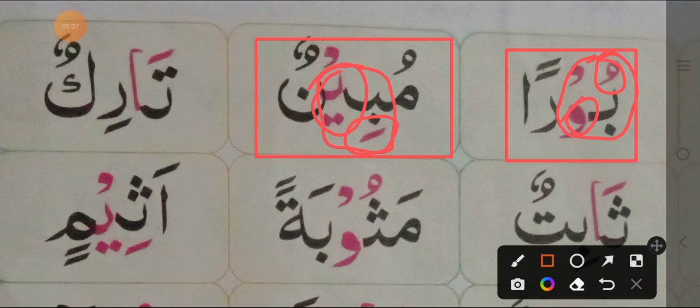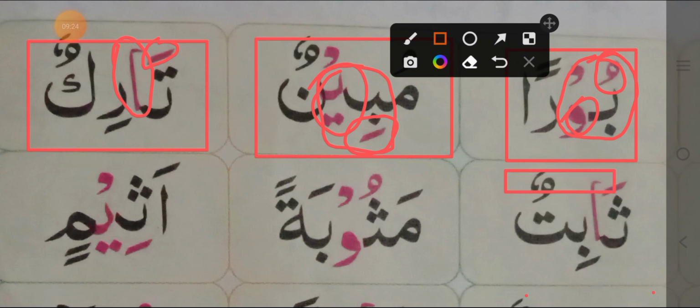In the next word, we also read about the alif madda, because here's alif and before alif here's zabar, so it's called alif madda. In the next word is the same condition. Here's the alif madda,